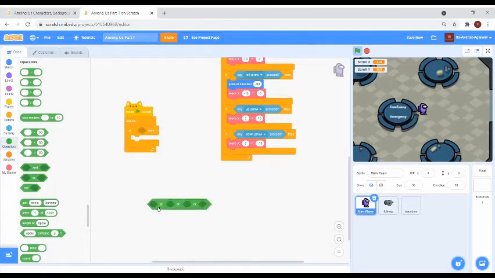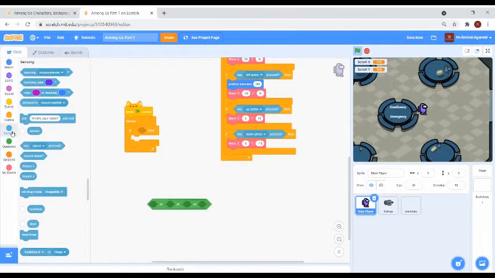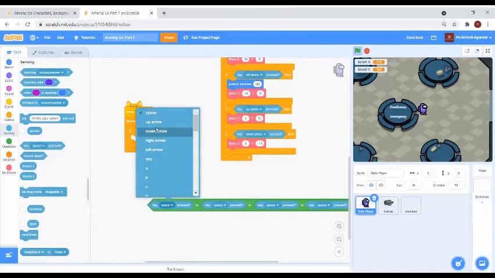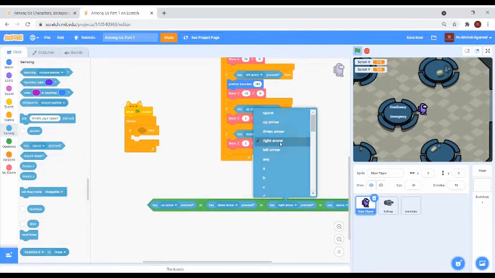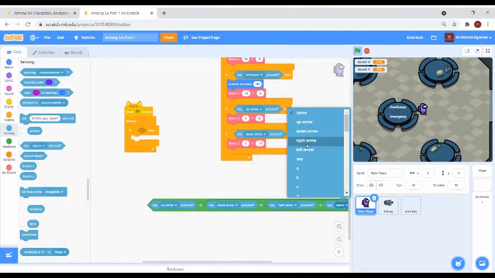So we have 1 2 3 4 boolean, and then in the sensing, take out the key block 4 times and place it here, and then put the key up arrow, key down arrow, key right arrow, and key left arrow.